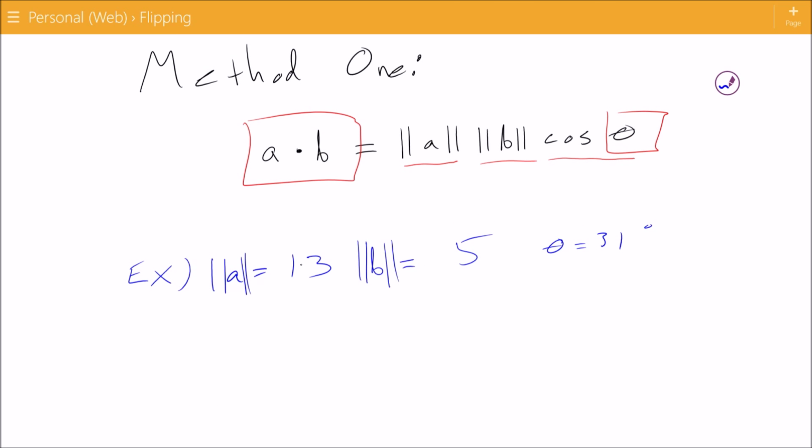So I can set up my dot product, A dot B. I should not say times, I should say dot, because there's another type of multiplication we'll look at later. A dot B is equal to the magnitude of A times the magnitude of B times the cosine of the angle between them. Substitute in 13